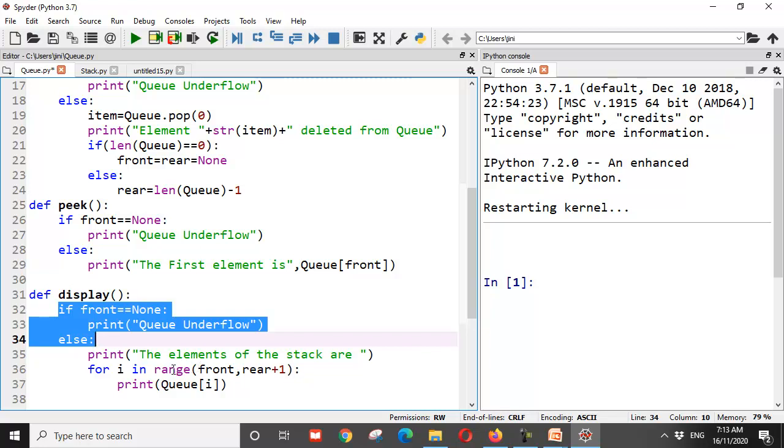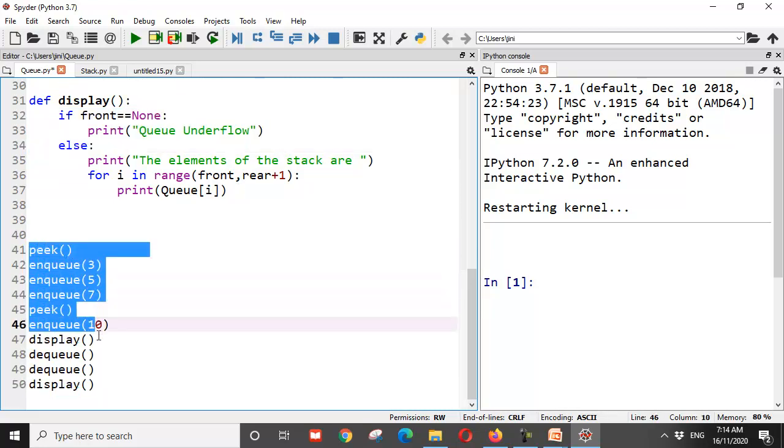You could have just written range(rear+1) also, because front is 0, right? When you say range of 5, it starts from 0 and goes up to 4, correct? So I could have just written for i in range(rear+1) also. Here I'm specifically writing it just to let you know that the queue elements start at front and end at rear. You already know how the range function works, and that's why we have written rear+1. Because if I type rear, it will stop at rear-1, correct? So I want it to stop at rear, so I wrote rear+1 and I display the queue. Is it clear?